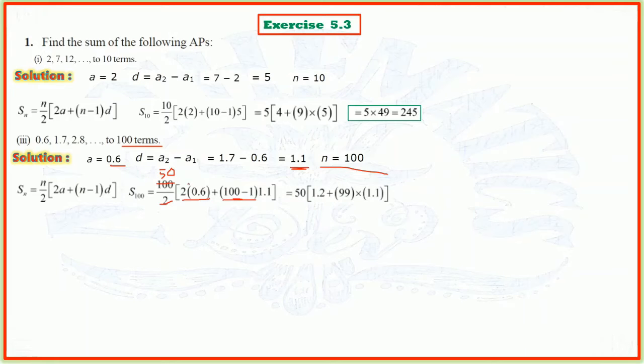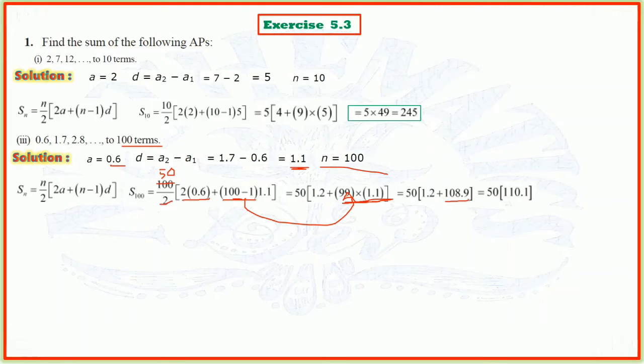So which is equal to 50 into 0.6 into 2 is 1.2, plus 100 minus 1, 99, into 1.1, equals 50 into 1.2 plus 99 into 1.1, the product of 99 into 1.1 is 108.9, so which is equal to 50 into